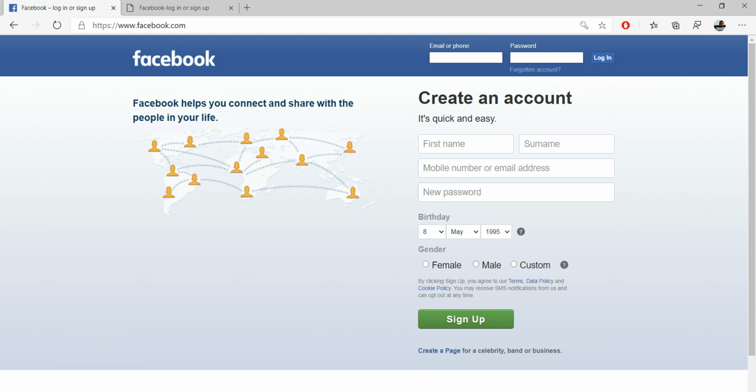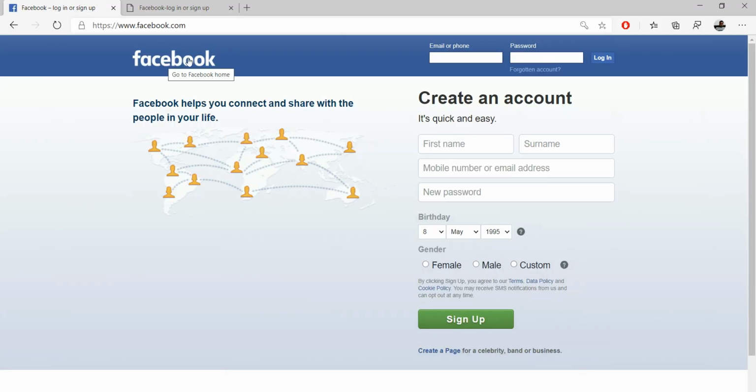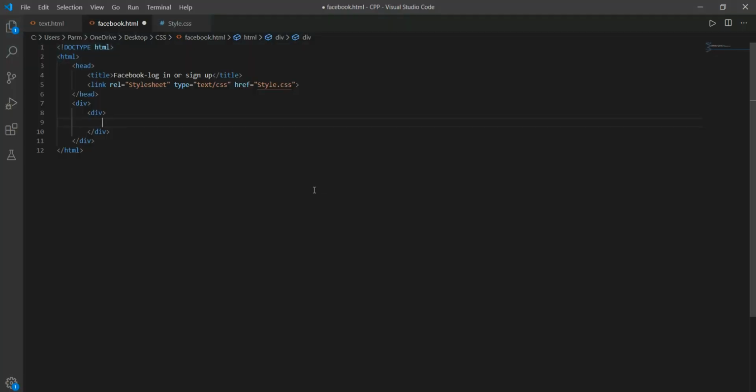So for this, if we have to divide a page into sections, we use the div element. So we use a div here, and within this div we will use another div. Okay, so the first thing we have to write over here is a link. All this we have to do in a list, so I am using a list, and in this we use the anchor element.